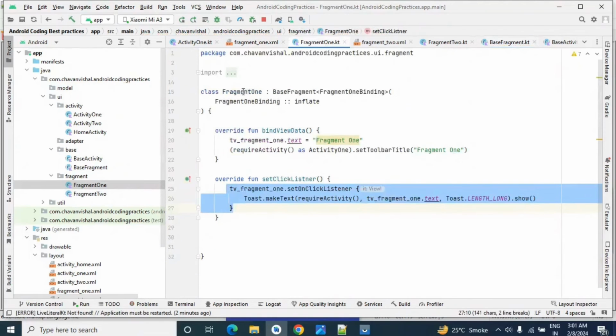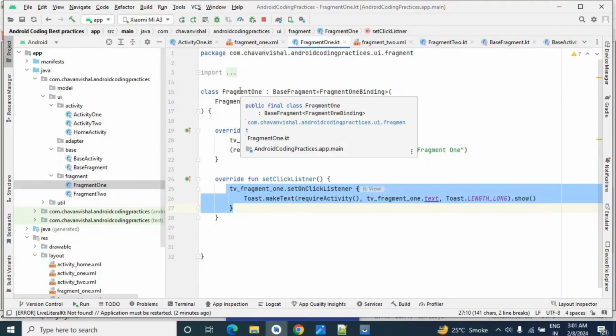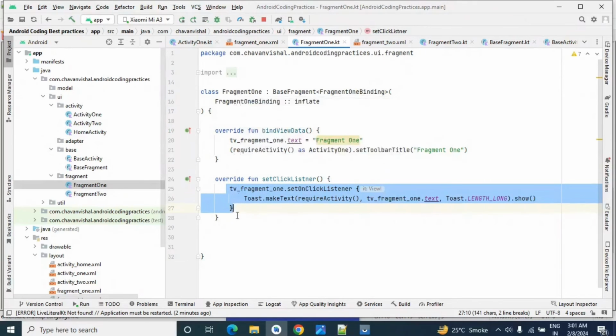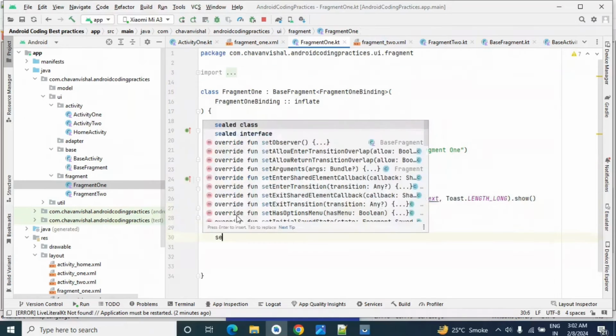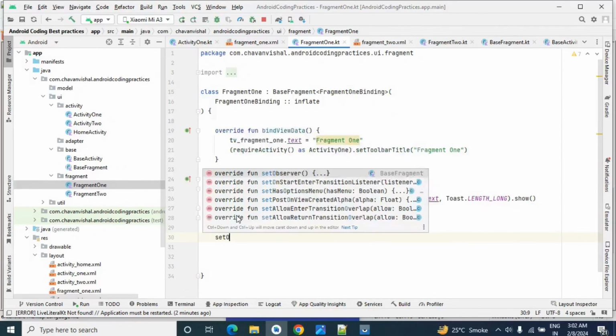If you see in fragment 1 or fragment 2, we are not getting any error. Previously we were getting an error to implement members and override those two methods, but right now we are not getting any error over here. So it's our choice whether to add this method in our fragment, like fragment 1 or fragment 2. So let me add this method, set observer, in my fragment.